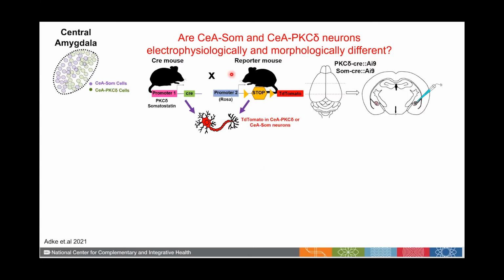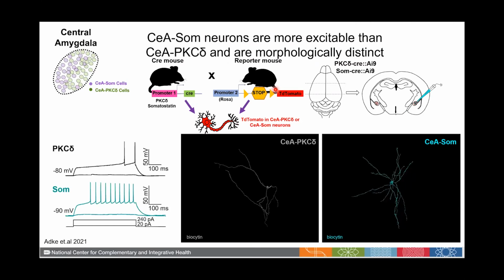So the very first question we had was that a lot of different labs have been showing that the somatostatin and PKC delta neurons in the CEA are functionally distinct in many different behaviors that are amygdala dependent. So our very first question was, are these cells only genetically distinct, or is there anything electrophysiologically or morphologically that characterizes these cells? And in order to begin to address that, what we did is we used